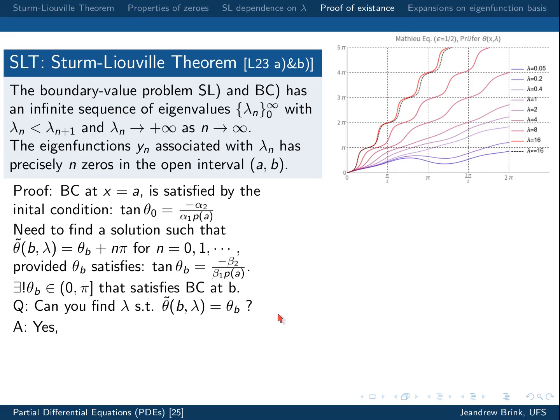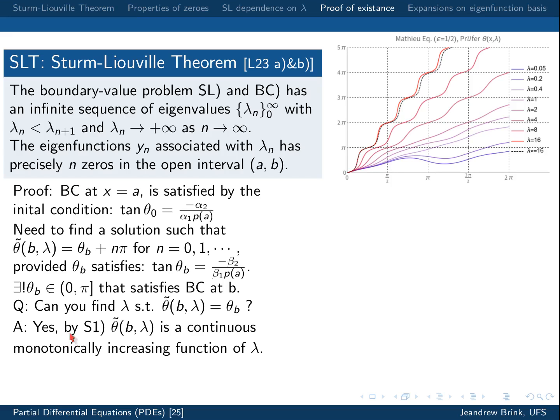And the answer is yes, and the reason is S1, which we proved at the beginning of this part: theta tilde of b, lambda, applied at the specific point b, is a continuous monotonically increasing function of lambda. So as you increase lambda, this makes like a fan. And we showed that this continuously monotonically increasing function of lambda goes from 0 to infinity